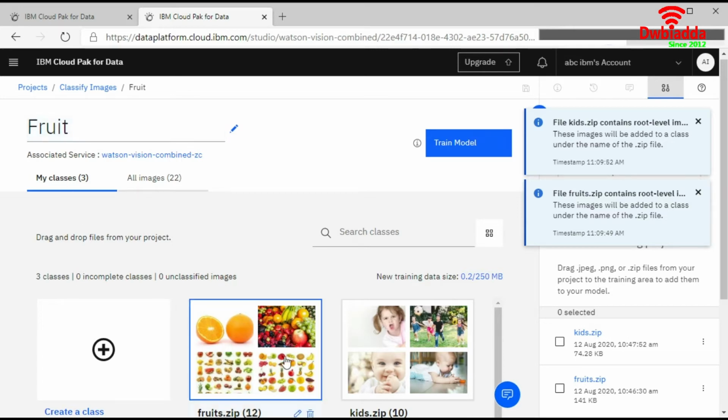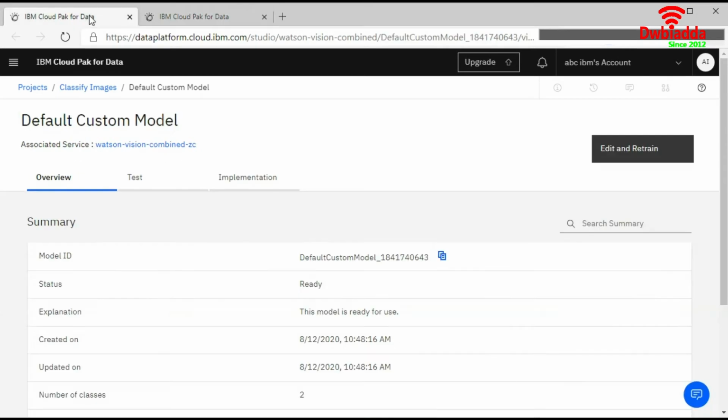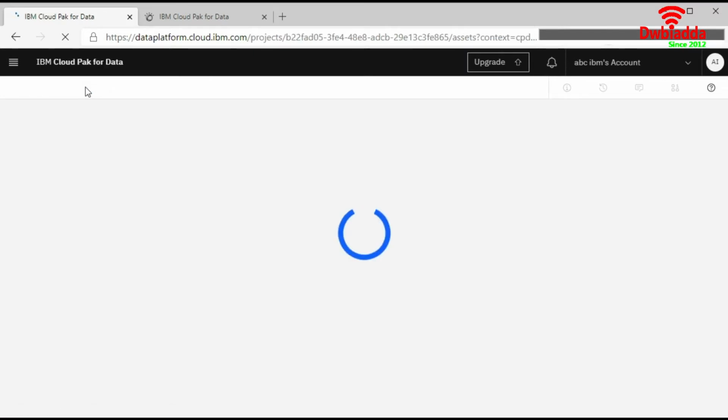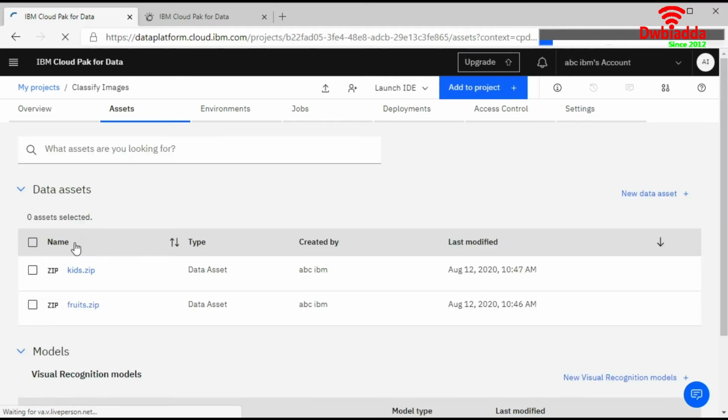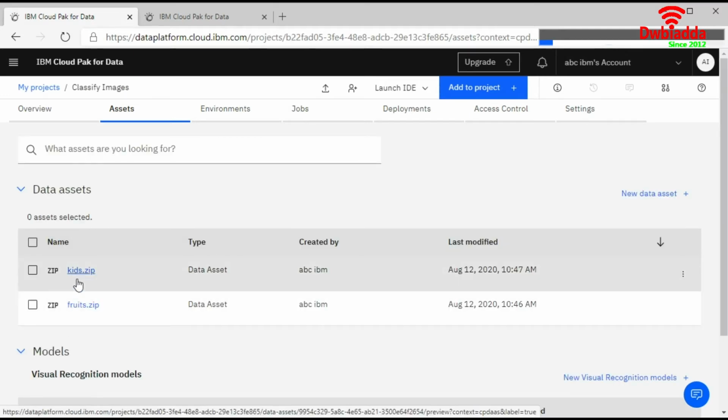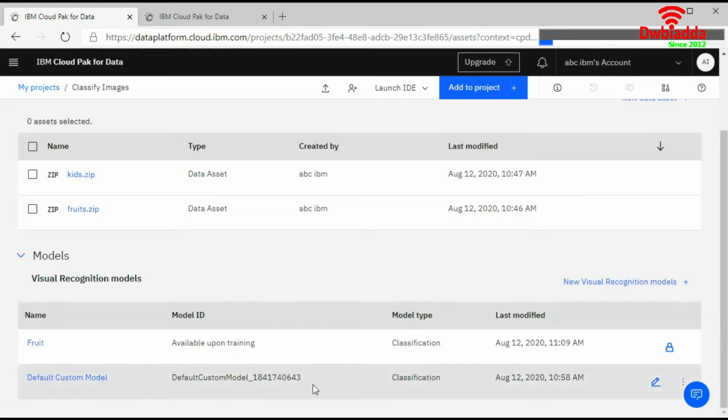So what we will do after training the model, your window will look like this one, because when you go on to the project after training your model, you will see this window. Here it will list the name of your model and every class which you have uploaded. See, this is what you have uploaded and this is your model. I have already trained my model for the fruit images because it takes some time. So I will show you how it looks after training the model. So we will click on this model which is already trained.